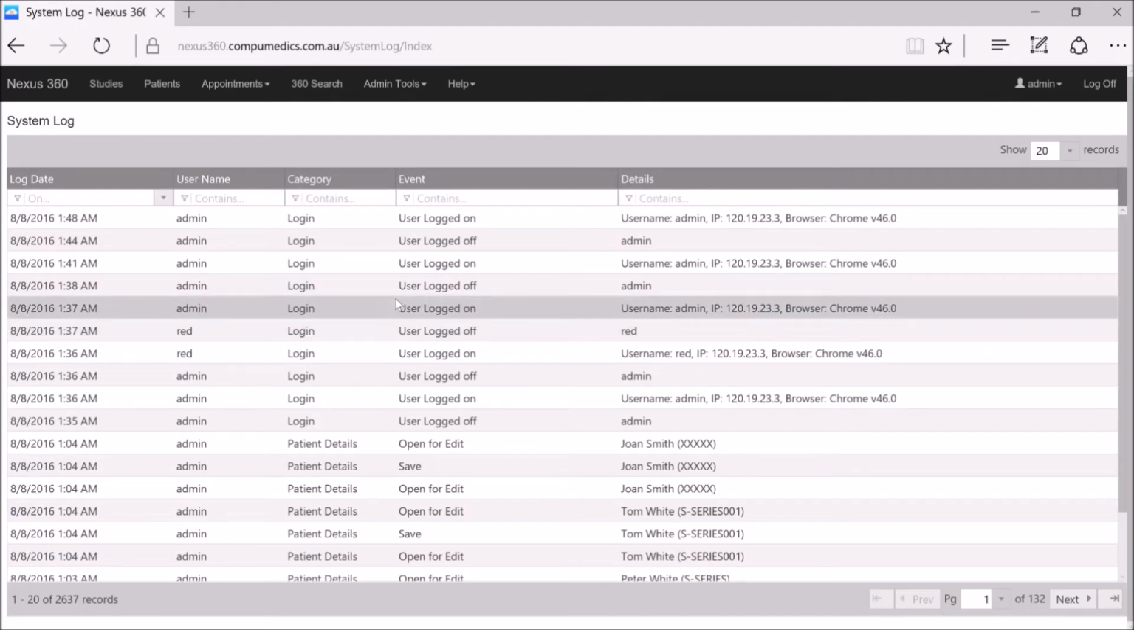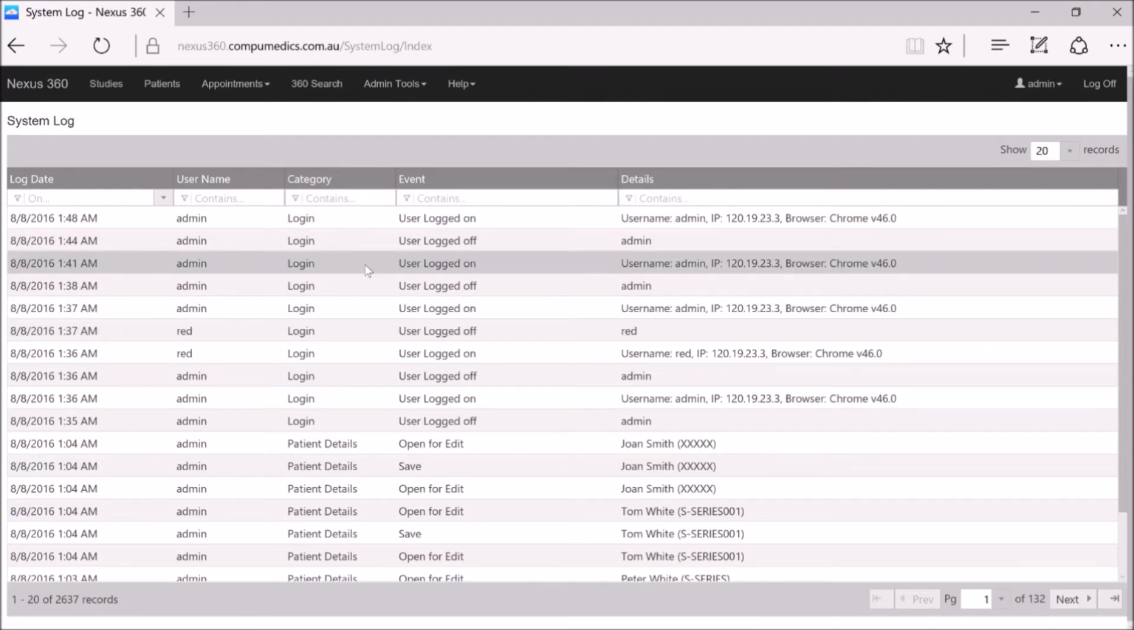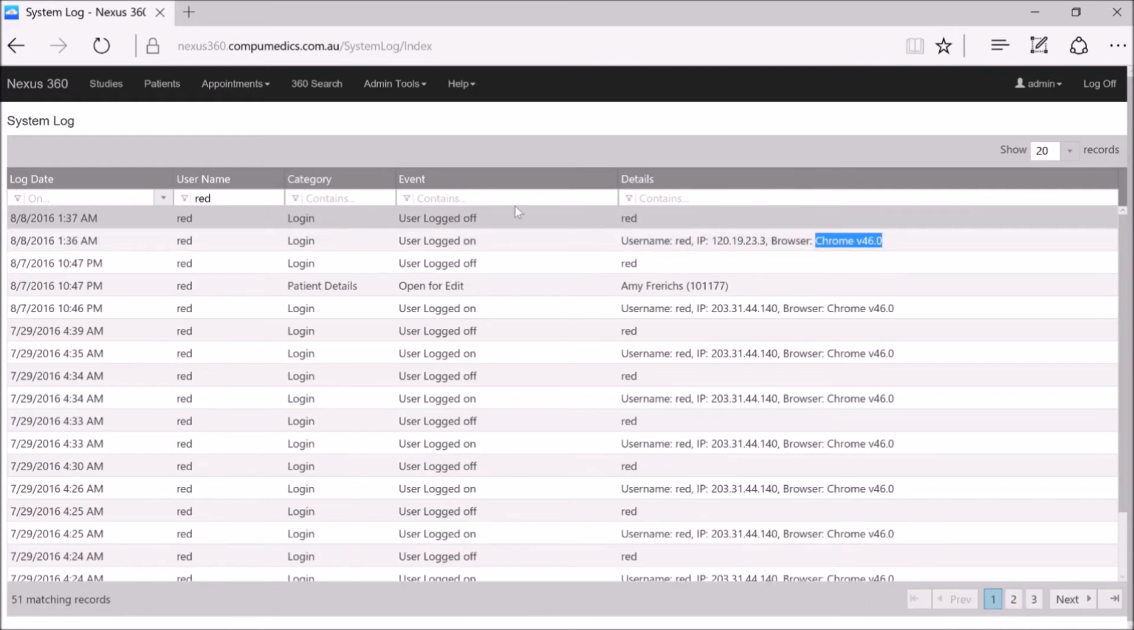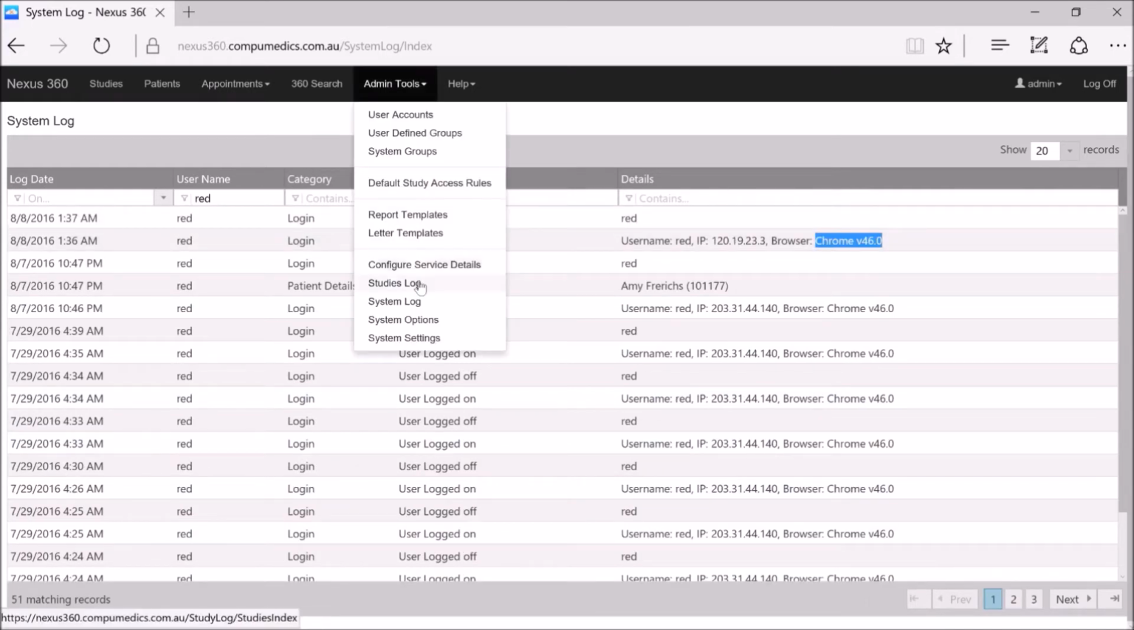The system log is showing us all of the users that have accessed the system at any point in time. The view we're looking at now is going to be similar throughout this tutorial and for other features within neXus 360. We have a filter row at the top, and in here we can add filter parameters that we'd like to look at. If we then go into studies log,